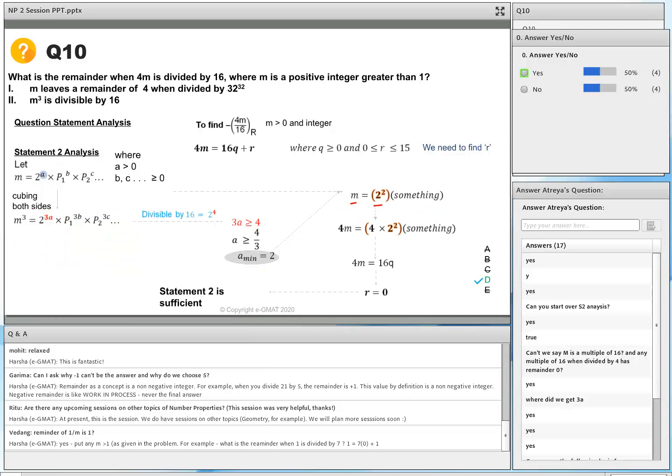So m has a 2 to the power 6 in this. So 4m, m cube has 2 to the power 6 at a minimum. So m has a 2 to the power 2. Again, if the minimum value of a is equal to 2, m has to have a 2 to the power